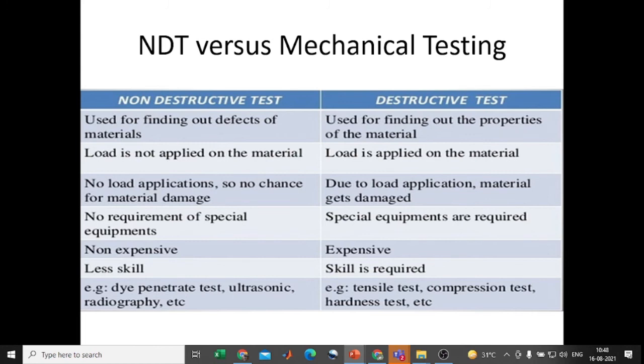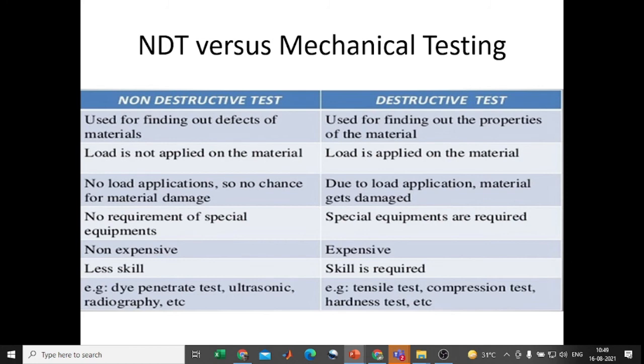In non-destructive testing, we won't apply any load. But in destructive testing, load is applied, and after applying the load, we can examine the material properties, as in your strength of materials laboratory examination. In that, you may see the material properties examined after application of load. In a tension test, you pull the specimen. In an impact test, you release the hammer, and after the hammer impacts the workpiece, you identify the defect.